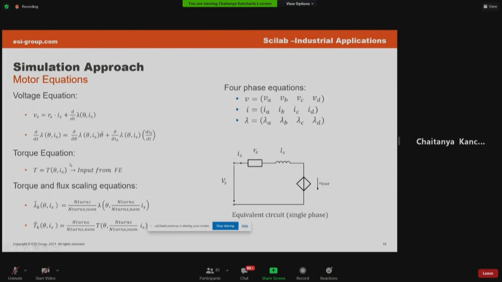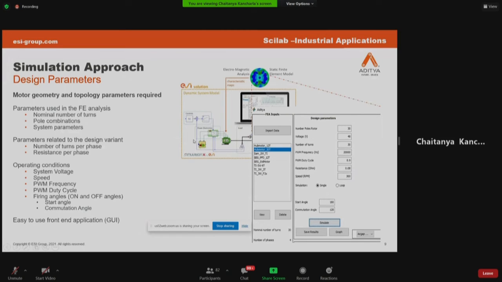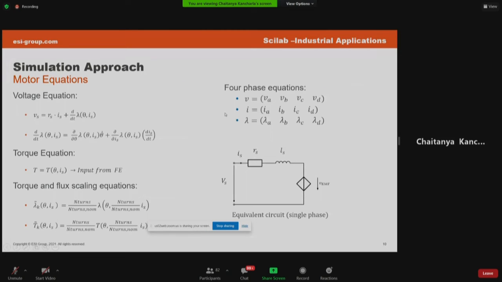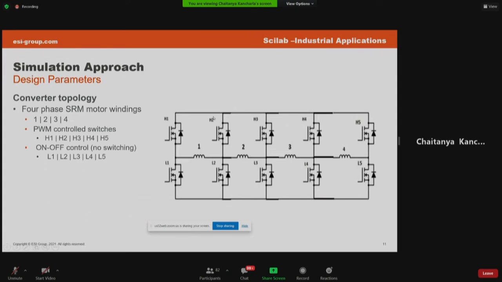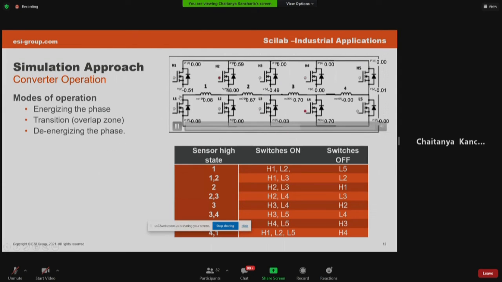So these were some of the equations that we used to build that systems model. I'm sure a lot of you are engineers and you would know these are basic equations, so you would know how to use them. So this was the converter topology, and this is how the converter ran. And then this is the switch logic of this particular converter. I will not go about explaining what the modes of operation are, but